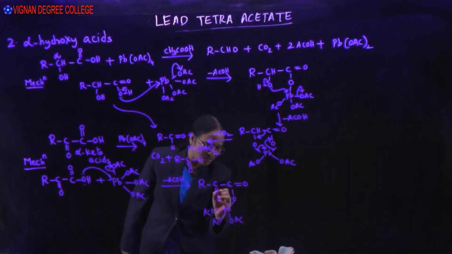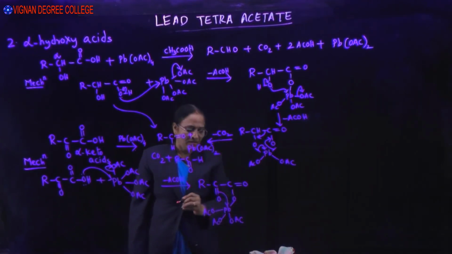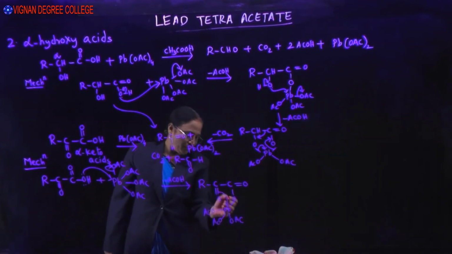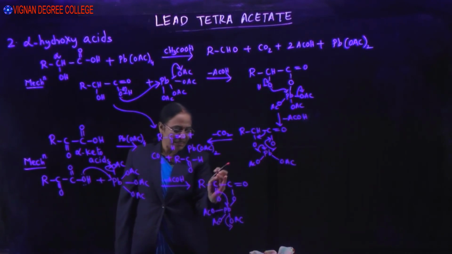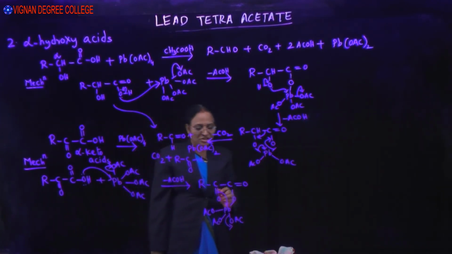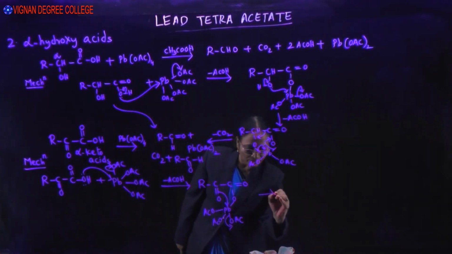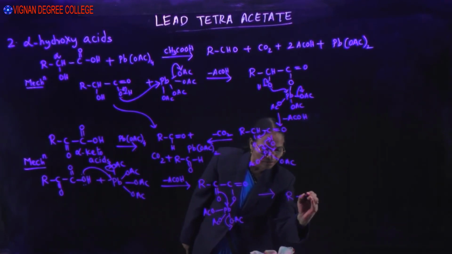Now this undergoes attack with your carbonyl. The bond to form a bond with your lead with the elimination of acetate ion, and this acetate ion will be attacking the electron deficient carbon here, leading to the formation of